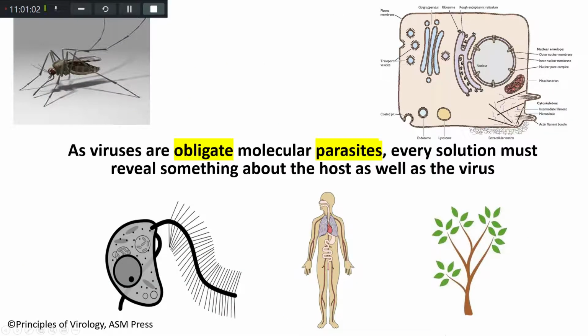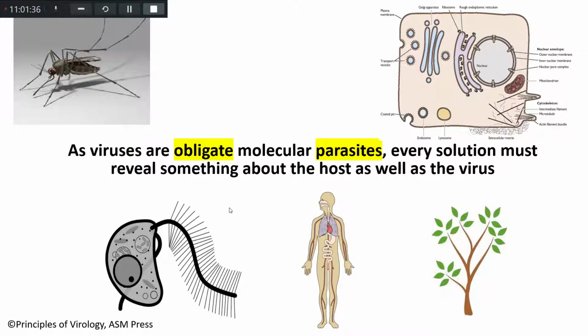All right, so here is the definition. Once again, we just try to add that molecular parasite. But again, obligate means that there is no other place the virus can replicate. If you just have a body of tissue fluid, or even blood plasma, which doesn't have any cell, and you put a virus in there, it cannot do anything. You have to have a cellular machinery before it can replicate.